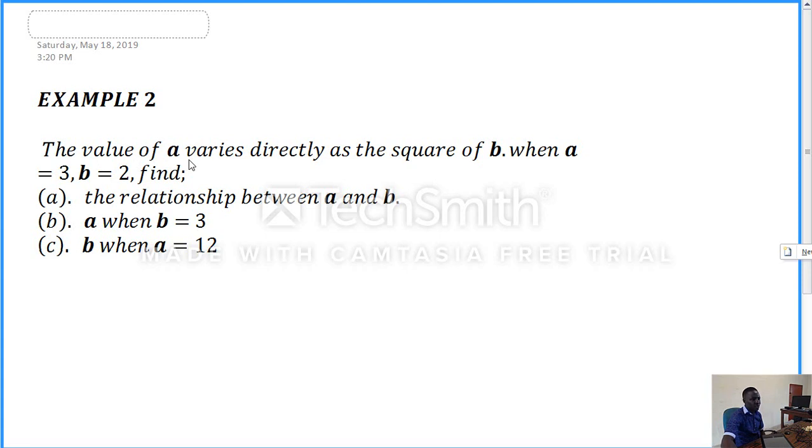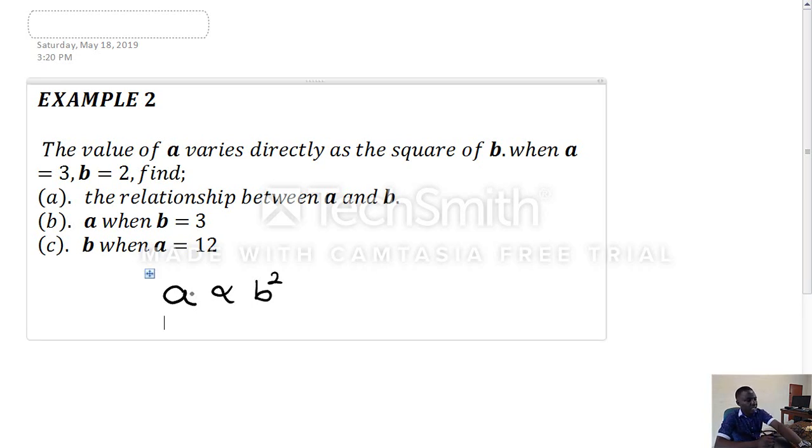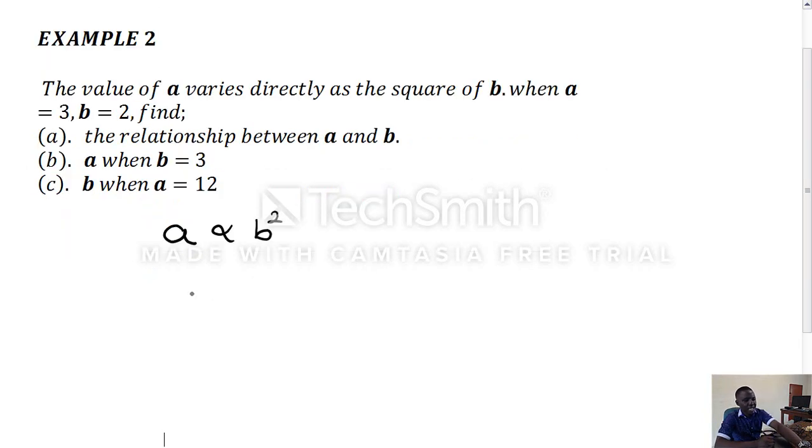Let's take another example, and in this example 2, the question says the value of a varies directly as the square of b. How do we write that in simple variation form? That the value of a varies directly as the square of b, and we said in order to write that, you say the value of a varies directly as b squared. So this is what you will get, and writing that as an equation, you have it to be a is equal to